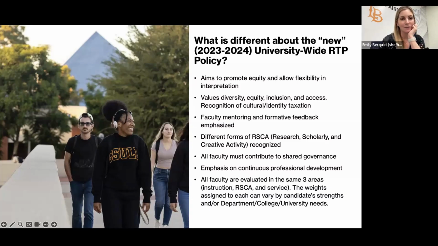A rule of thumb that I've heard in my 18 years on campus is that it's pretty common for candidates to have really 2 areas of their file that are their best, right? It's pretty impossible to be totally outstanding in all 3. However, I think teaching is sort of the one non-negotiable, right? We all want to be strong in teaching. And then whether we're strong in RISCA or service, I would say first defer to your department chair and your